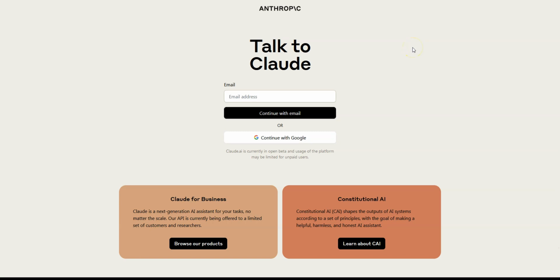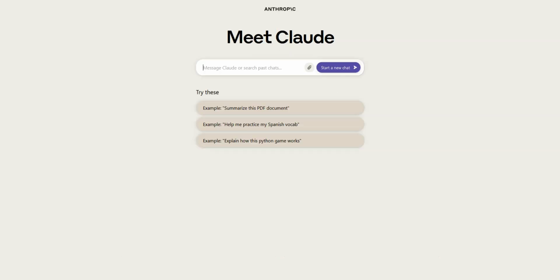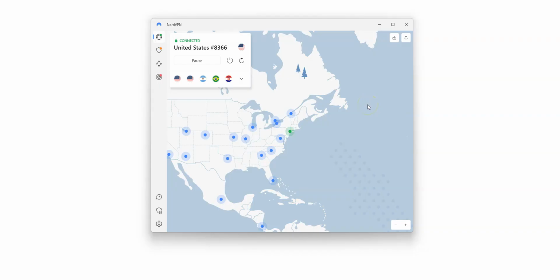Then open an incognito window in your browser, enter Cloud AI's address and sign up. You will receive a verification code by email, enter it in the sign up form, and you will then have access to Cloud AI. It is that simple. I showed you how to do it from a computer, but it's the same principle if you're on a smartphone or tablet. The iOS and Android apps are quite similar to this one. As you saw, to unblock Cloud AI, you need NordVPN.